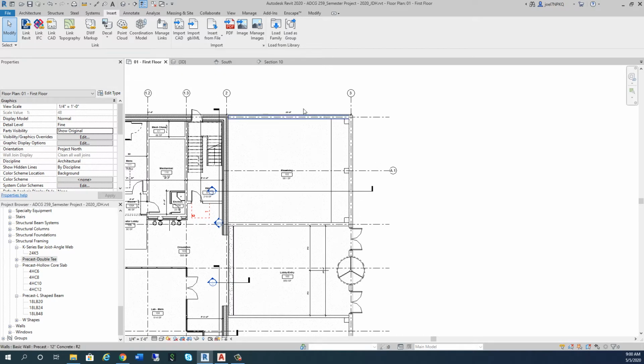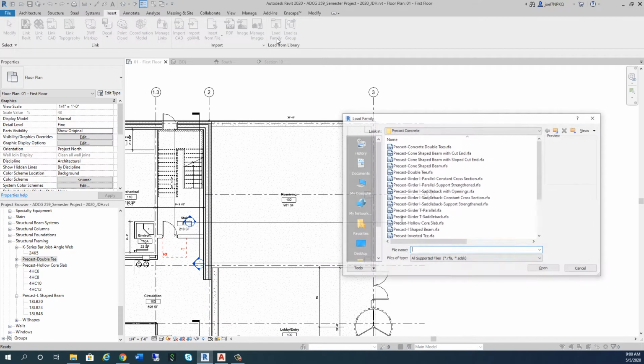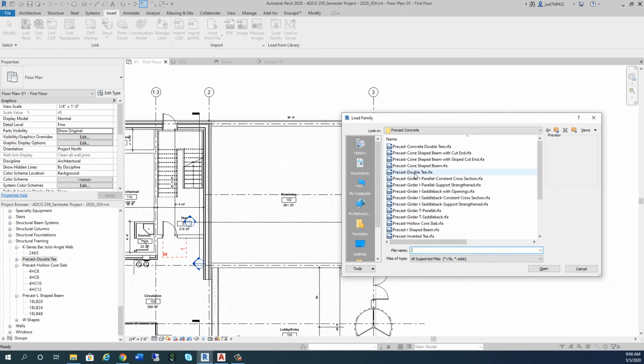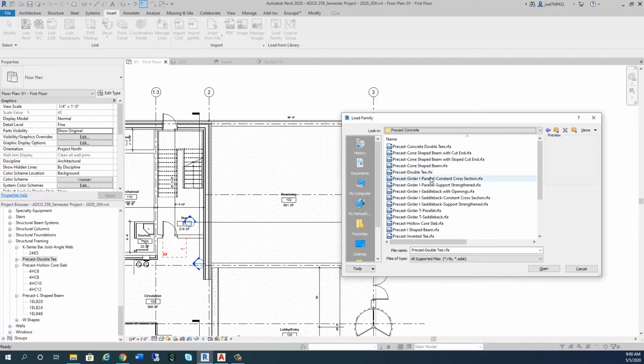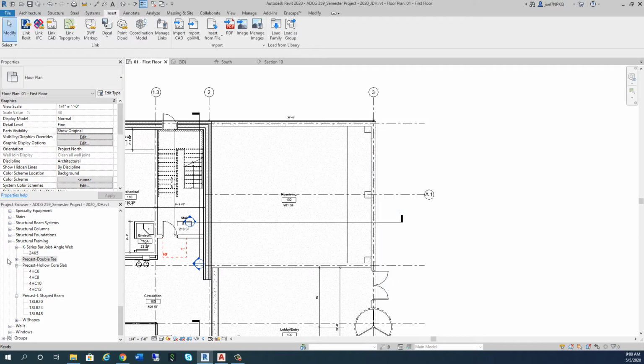Okay, so I'm going to go ahead and load another family from where I was. I'm going to use this precast double T, right? We're still in that structural framing precast concrete directory. So we're going to bring that double T in. And then with that double T, I'm just going to click here and I'm going to,